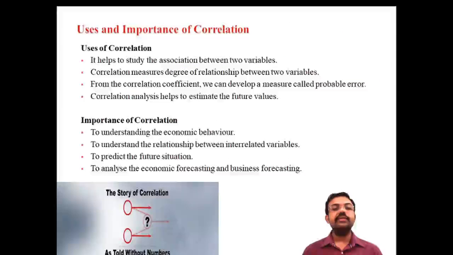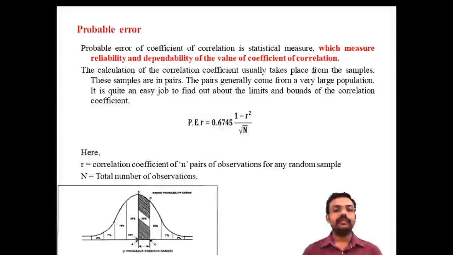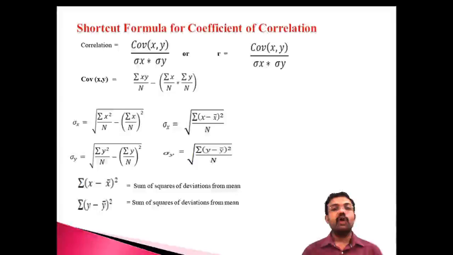Okay, let me conclude. First we discussed the shortcut formula. What is the shortcut formula for the coefficient of correlation? The formula is the covariance of xy divided by the standard deviation of x into the standard deviation of y. This is the shortcut formula. The covariance xy means sigma xy divided by n minus sigma x by n into sigma y by n. That's the covariance xy. And for standard deviation, a lot of formulas can be used. One of the important elements used here is x minus x bar, meaning sum of the squares of